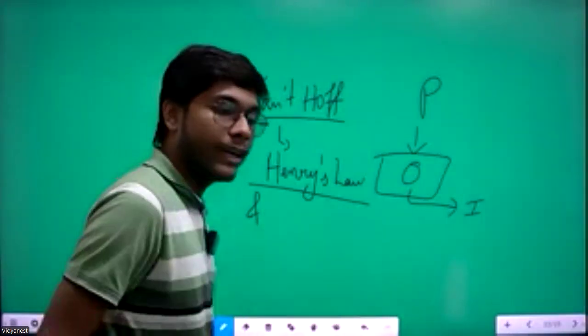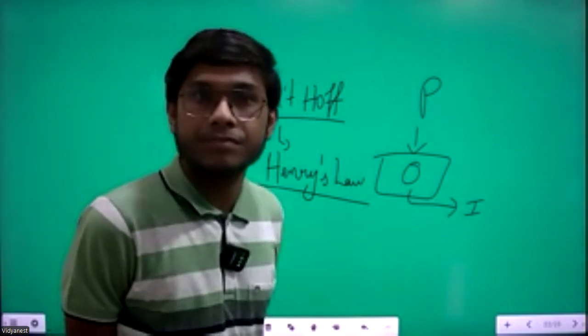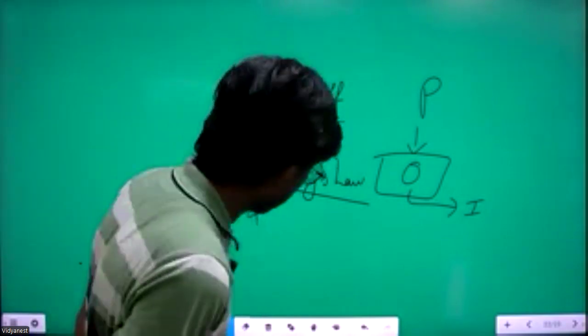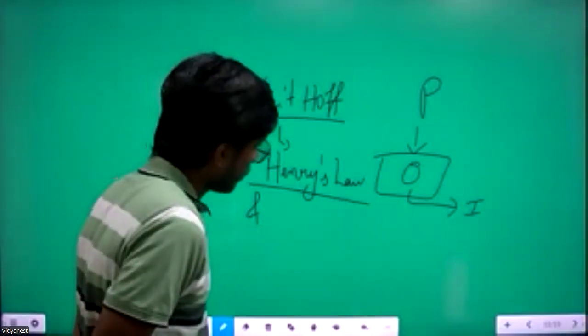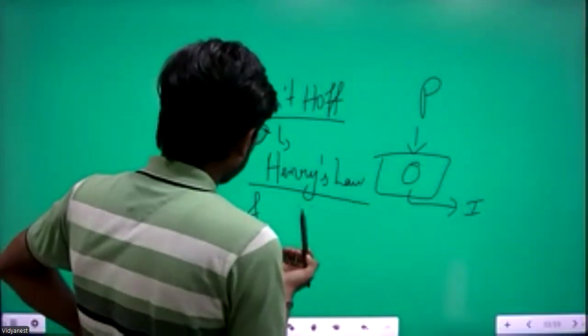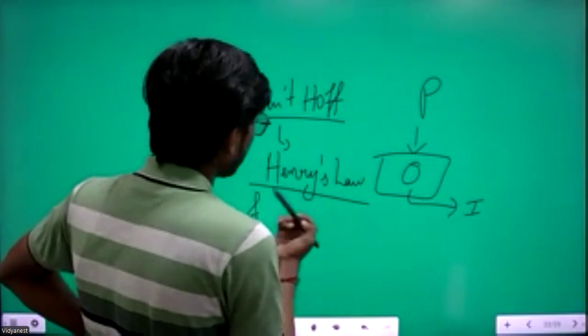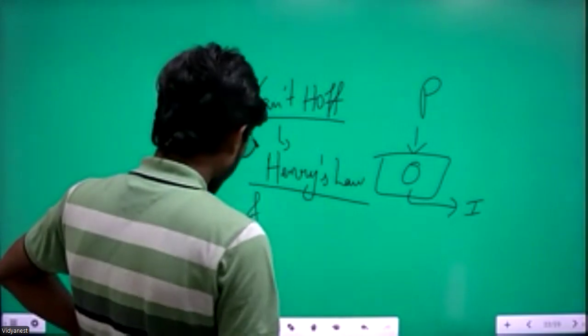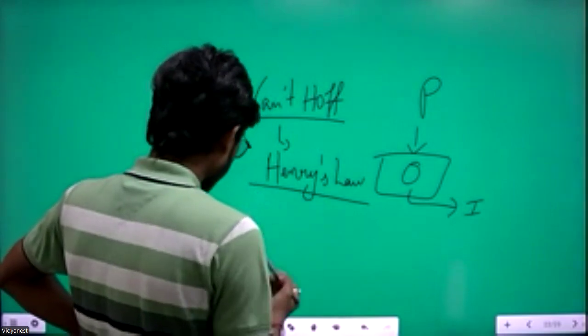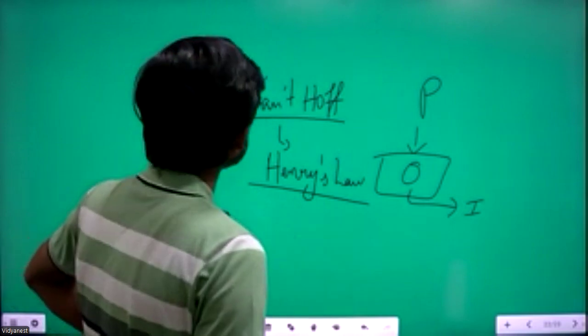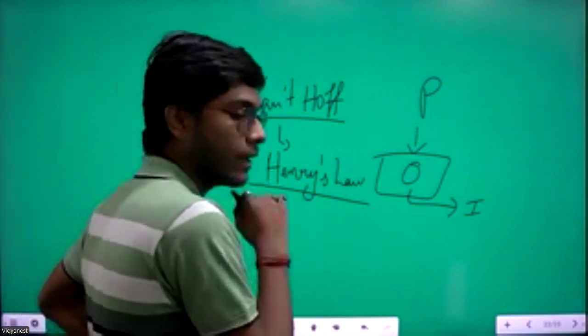Are you clear with the colligative properties? Yeah, colligative properties I am almost clear. So you've understood the colligative properties. Good. That's all. Then we will go through the Van't Hoff factor and Henry's law. These are the parts of solutions we will go through in the next class, the day we start the classes. After that, we will move to electrochemistry.